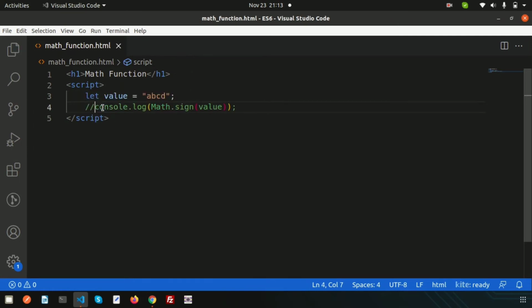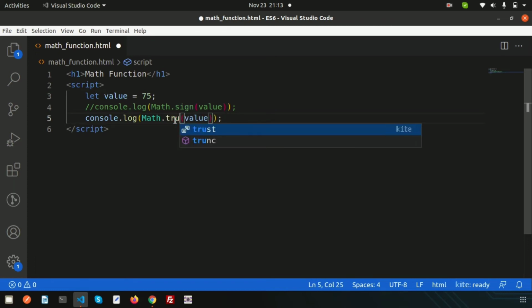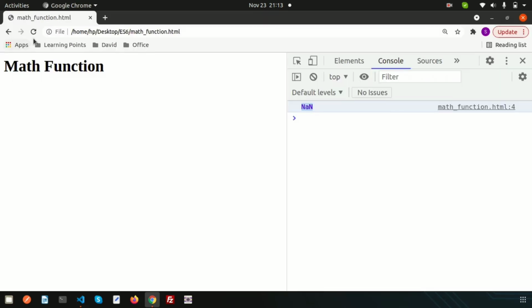So I am going to take the next function. Suppose I am taking another integer, suppose 75. Here I want to truncate the value. Let's see the first example, then we can understand. Simply copy this, and instead of sign the new function is trunc, right? If we run this, we can see the exact same output.